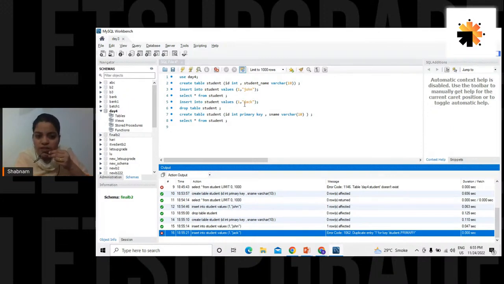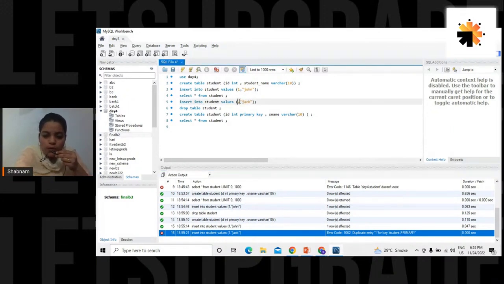Right? So let me change this number from 1 to 2. You change it from 1 to whatever, but don't keep it 1. आप 2 लिखो या 3 लिखो या 300 लिखो. Nobody is going to bother also. SQL says that I'm not going to ask you also. But don't repeat the number 1 again. Because it's been declared unique now.